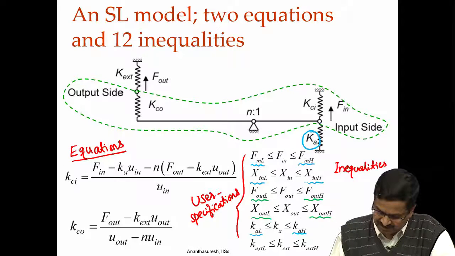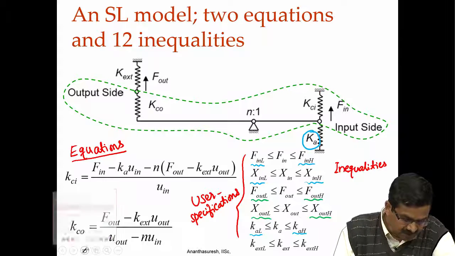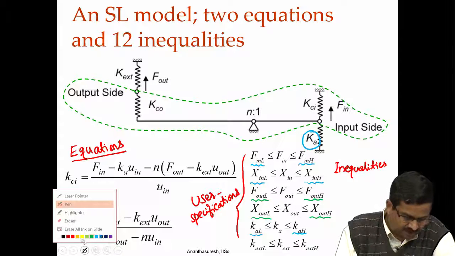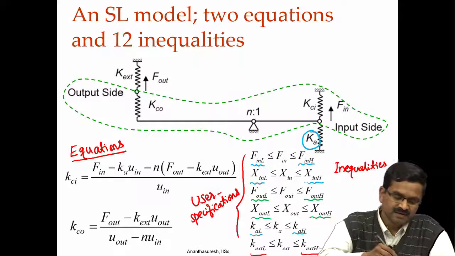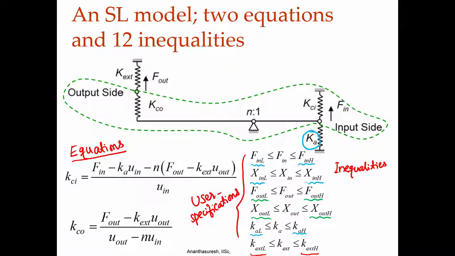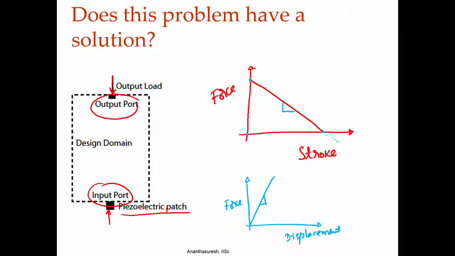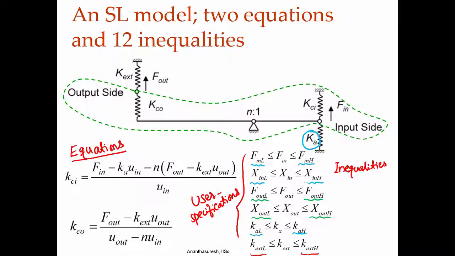Additionally, we also have K external, that comes from the object which is going to be there for the compliant mechanism to deal with. For example, in the previous case there could be an output load here, or there could be a spring there which is K external. There could be both a spring and an output load also. So, these are the things that are natural for the user to know, and that is what we take, these are the user specifications.